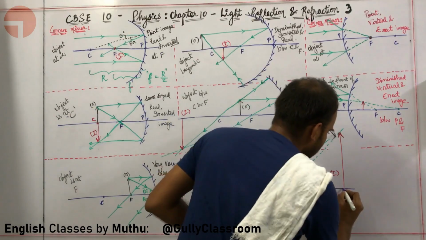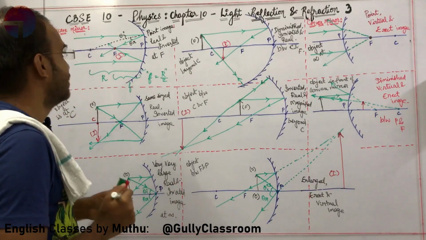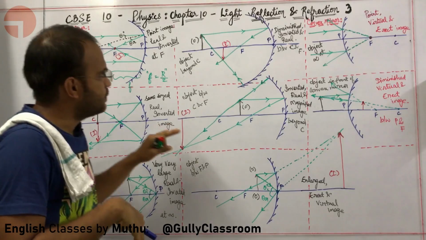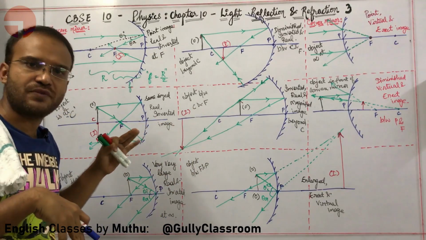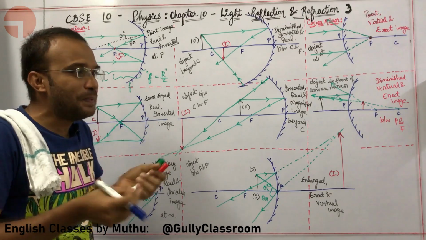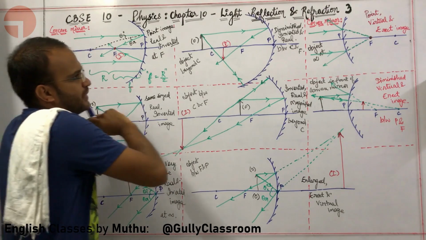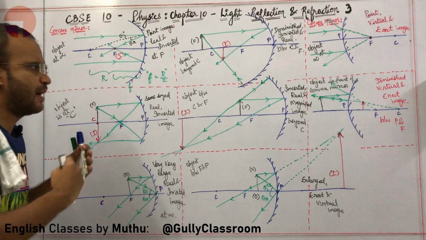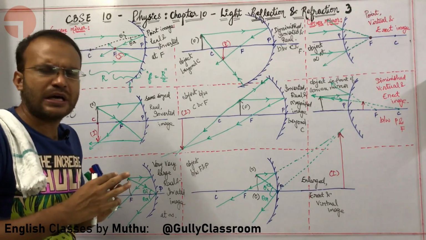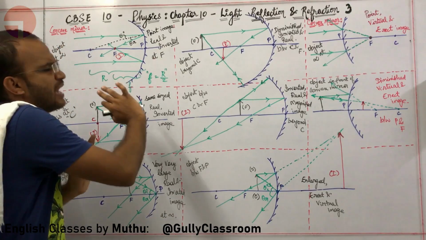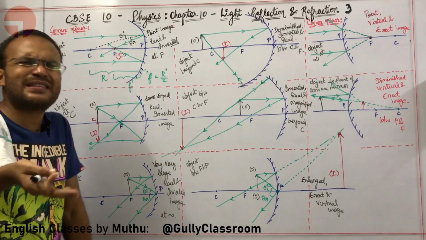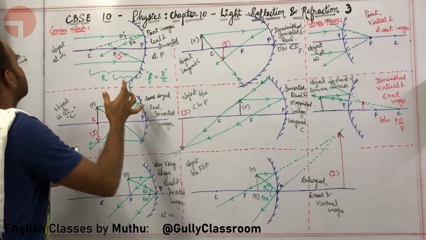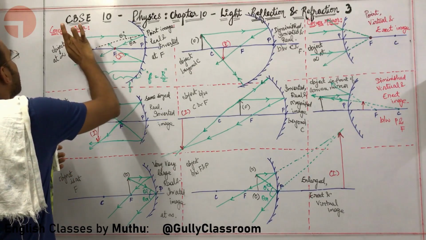Yeah, that's it. What next? Now we have looked at all the possible different types of images that will be formed for different positions of the object. Now I want to simply add applications of spherical mirrors to this lecture itself. Sir, isn't it going to be a longer lecture if you add applications over here? Yes, it might be slightly longer, but studying applications immediately after going through these diagrams will make studying applications easier. So I am going to do it anyway. So what are the different applications which can be used for concave mirror?